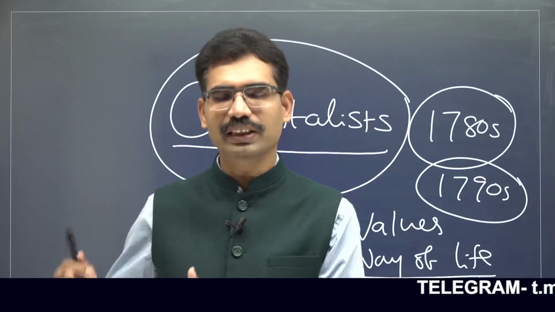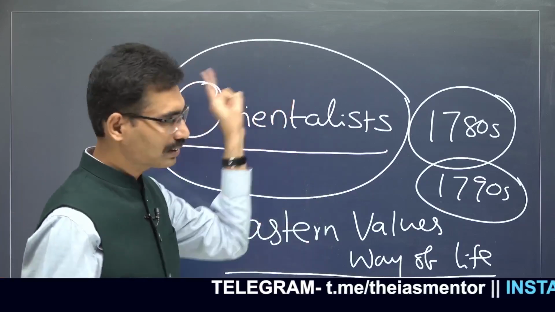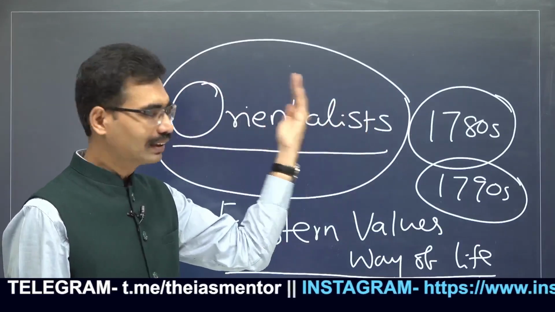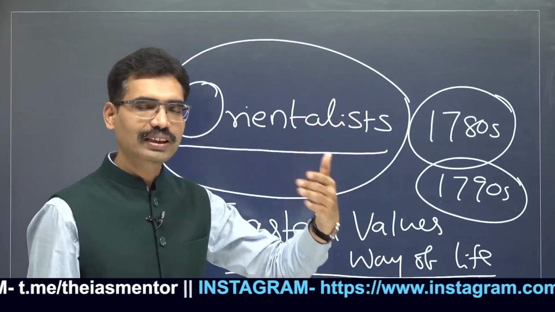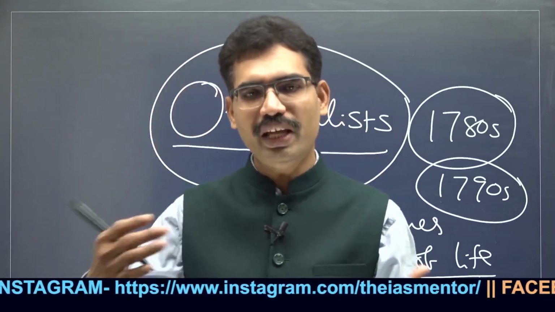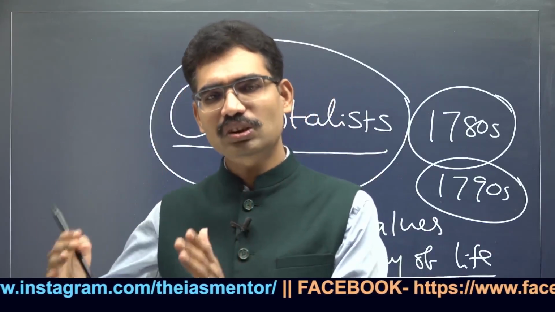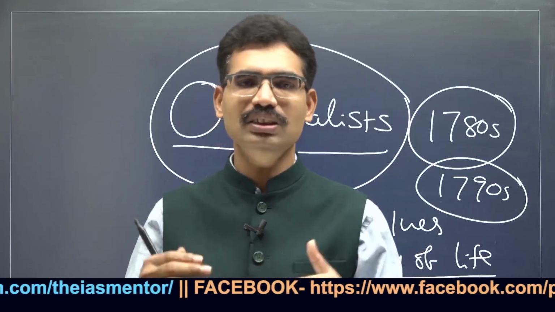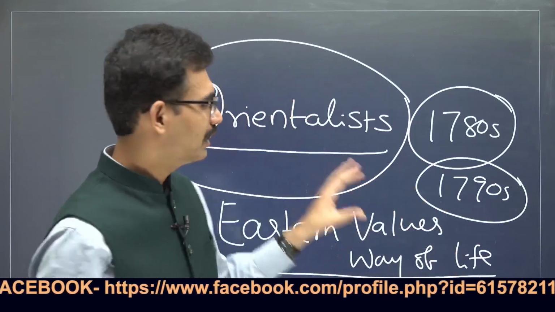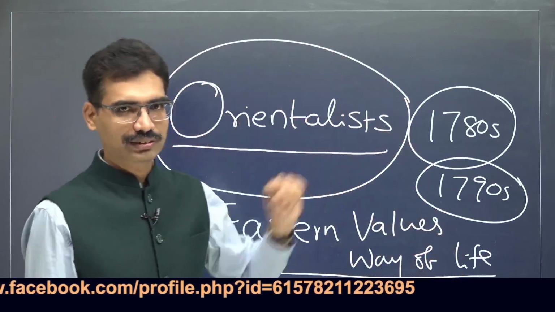In England and in other European countries, interest towards Sanskrit also increased because of these Orientalists who went back. They have taken this knowledge there, and when they started teaching there, it created a lot of interest in the new young generation. In that way, Sanskrit also became one of the important subjects in European universities. The people who are appreciating this set of values, they are called Orientalists.